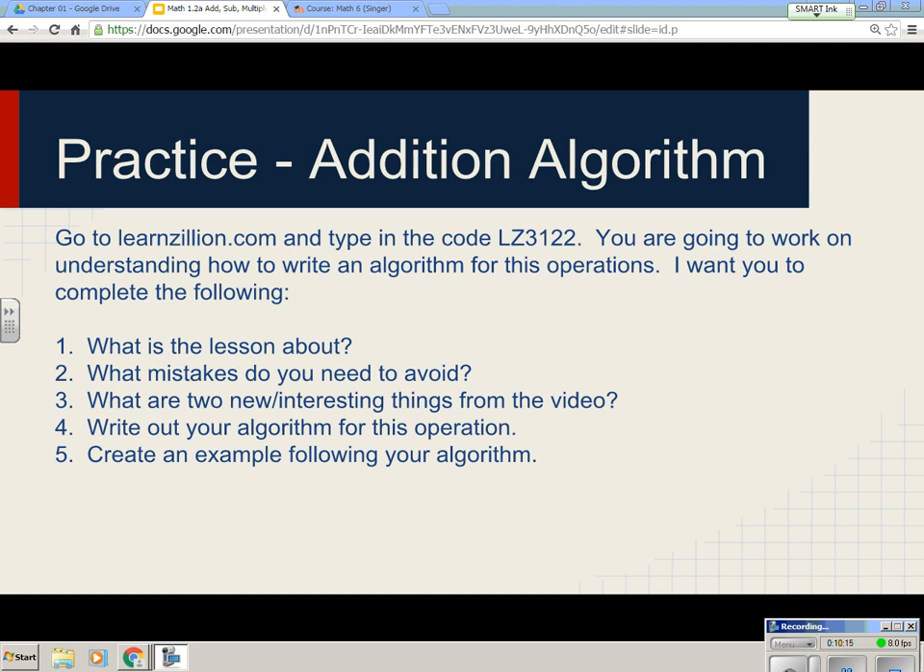So you're going to be going to Learn Zillion. You're going to have to type in this code, and then there are 5 things that you're going to have to search for: what the lesson is about, what mistakes do you need to avoid, what are 2 new interesting things from the video, write your algorithm for this operation, and create an example. You're going to do the same for subtraction